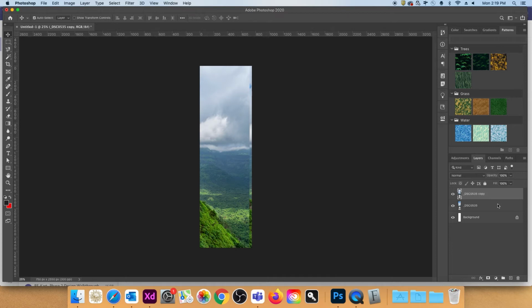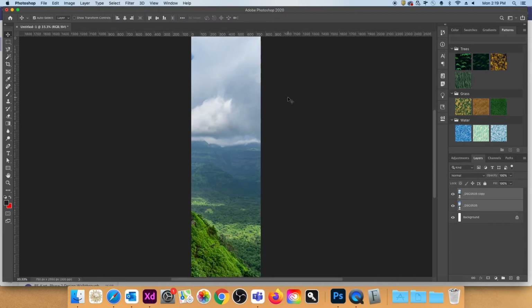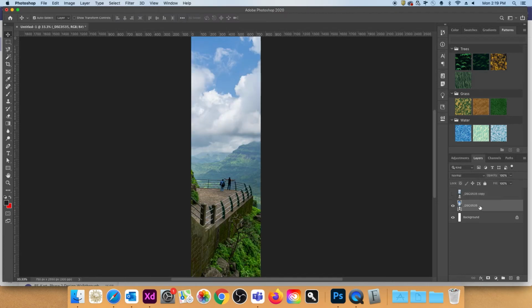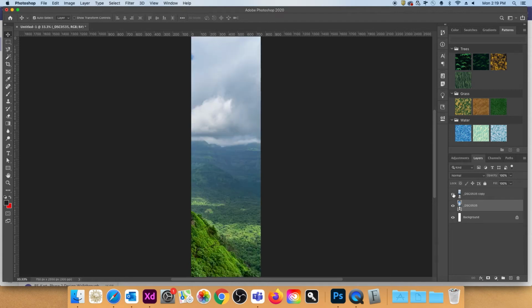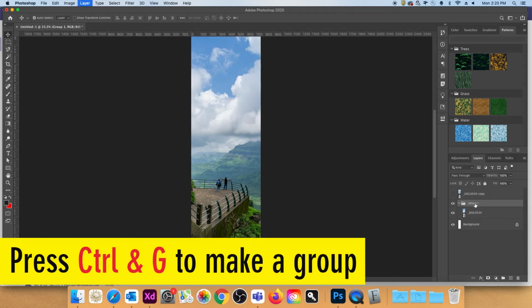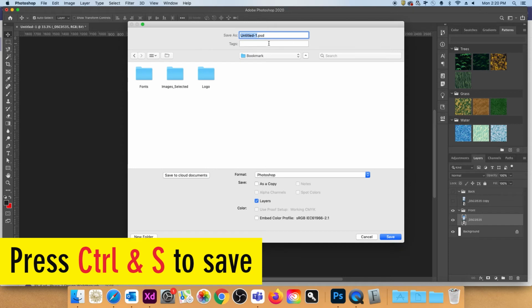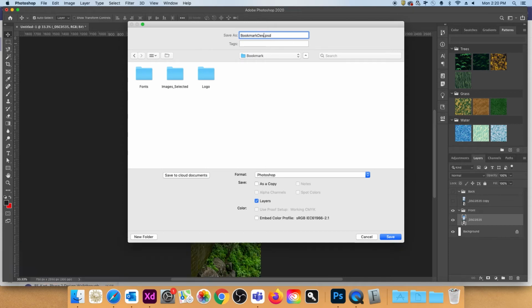So I select both layers by pressing the Shift key and hit Ctrl plus T to free transform, and again press Shift key or the link button while resizing. Making adjustments to the composition. Let it start from the rock. Arranging them in groups. Select one image, press Ctrl G to group and name the group front and the second one as back. Let's save our file, Ctrl+S. I'll save it here.